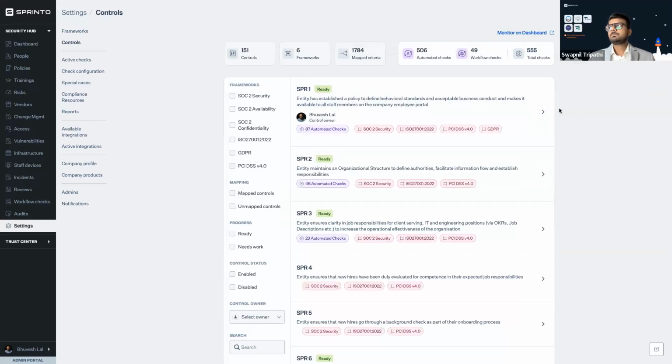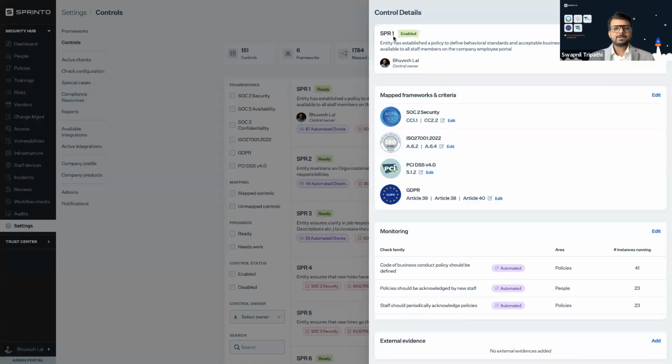Now, say I'm going to take this very first example here. SPR1 is a control that we have defined. This is part of our common control framework. There was one problem that we talked about, right? That there is different interpretation of each and every control of different frameworks out there in the market. That's where we actually sat with the auditors and understood exactly what is the evidence that you need in the end, and we rewrote the control in such a manner that it's easy to understand, right?